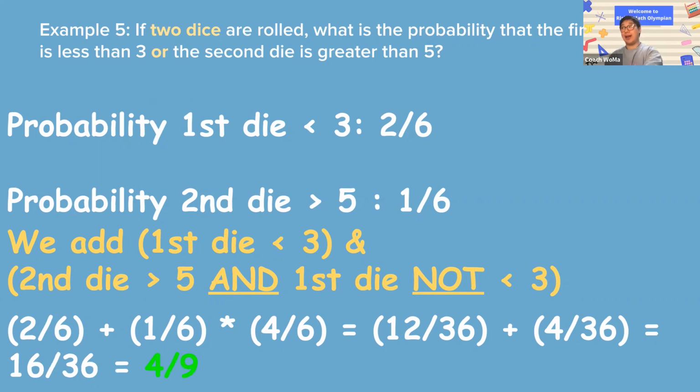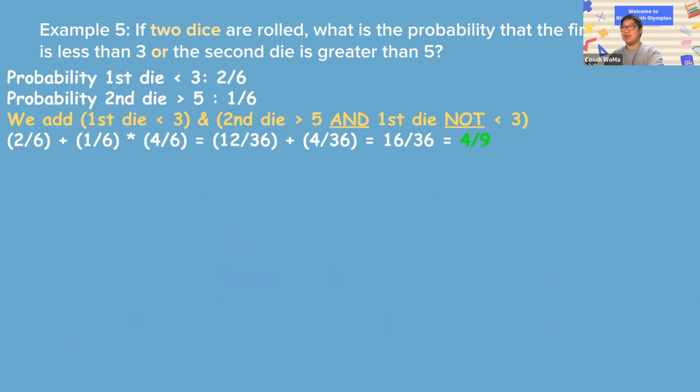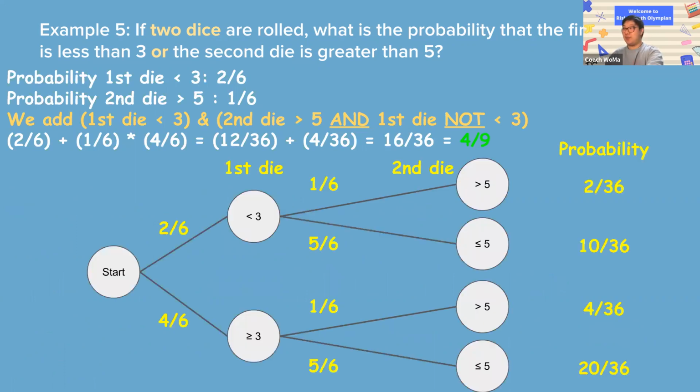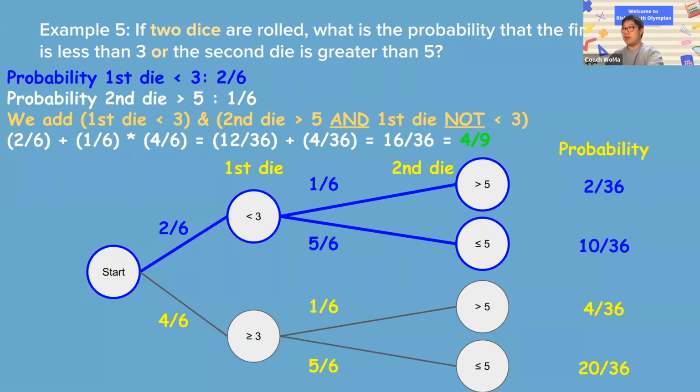So here's why we do this kind of convoluted step. If we go back to our parallel universe idea, what we're really looking for here, for the probability of the first die being less than 3, is this part. This whole first branch encapsulates the die being less than 3. As long as in the first die roll we get less than 3, this is satisfied. And you'll see that if you add up the probabilities at the end, 2 out of 36